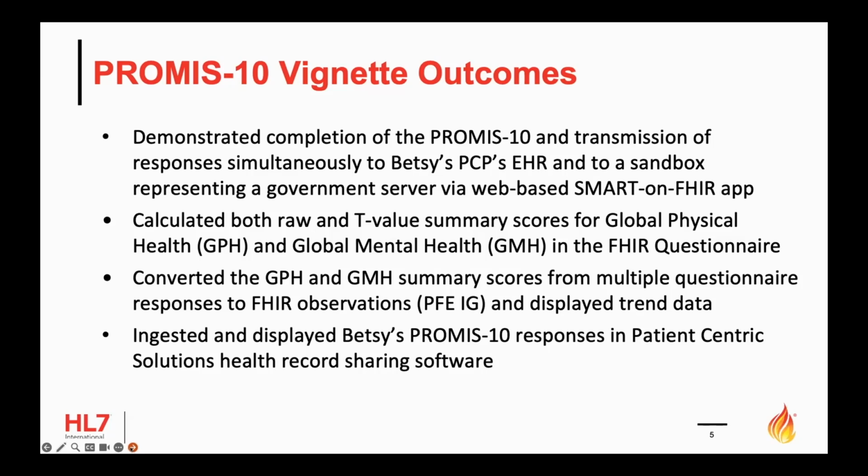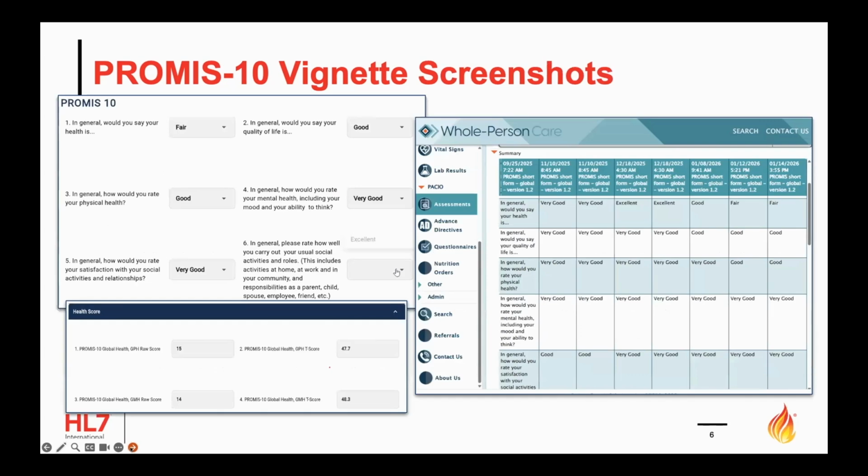So next slide, please. Here are some screenshots from the Connectathon. On the left, you see the SMART-on-FHIR application UI, where you have the drop downs for each of the 10 questions. And then at the bottom, after you hit submit, you have the health summary scores, both the raw and the t-score values. On the right, you can see the Patient-Centric Solutions UI, which integrates Betsy's Promise 10 results over